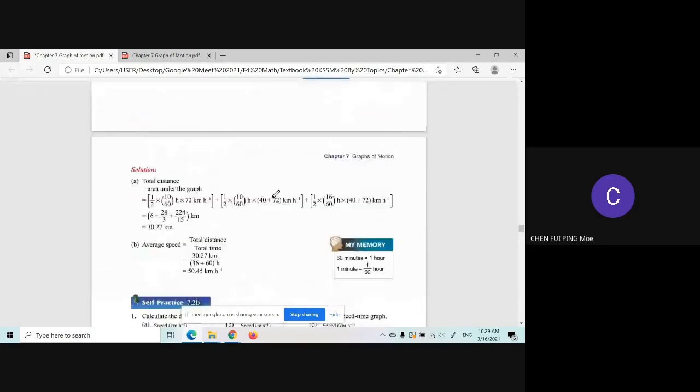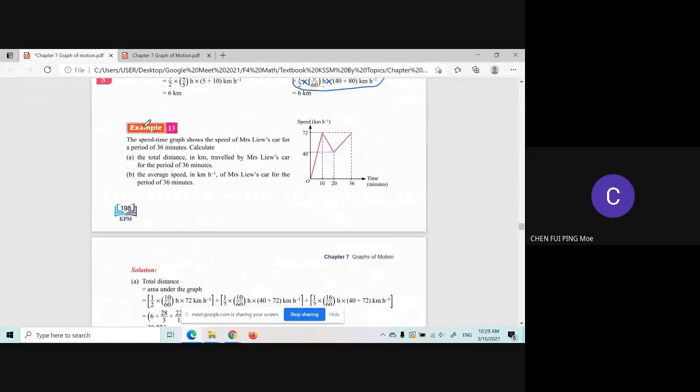So far okay? If okay, I continue. Example 13, the speed time graph. This speed time graph shows the speed of Mr. Liu's car for a period of 36